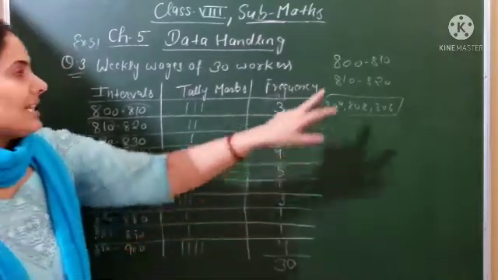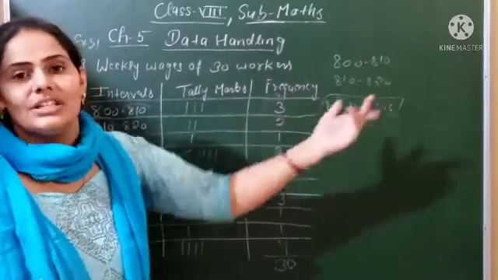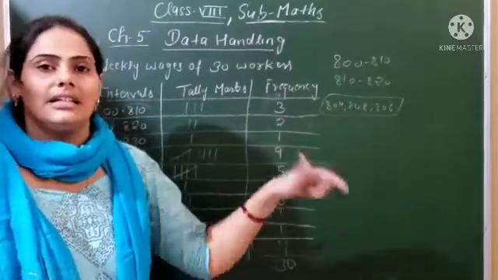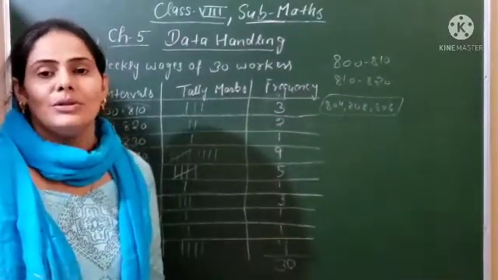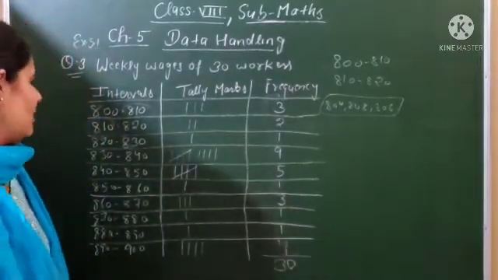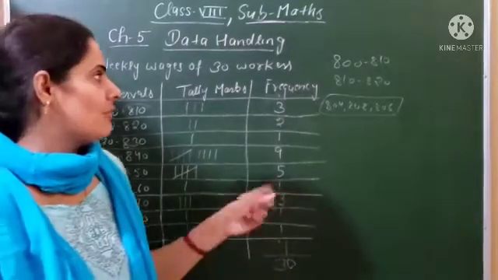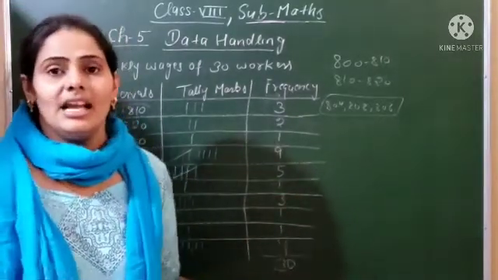So you will start from 800. First will be 800 to 810, 810 to 820, next will be 820 to 830, 830 to 840. After that, you will check in your vases what the maximum value is. It will be something like 890. So it means you have to go up to 890 to 900 as the last interval.